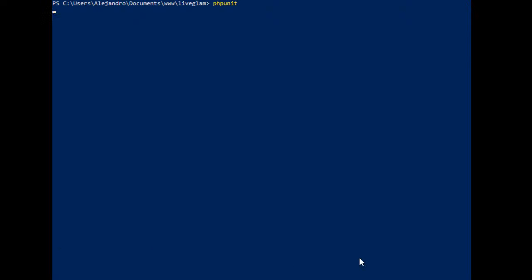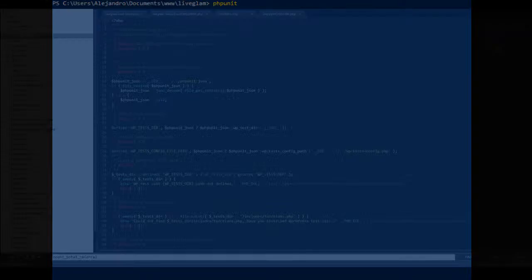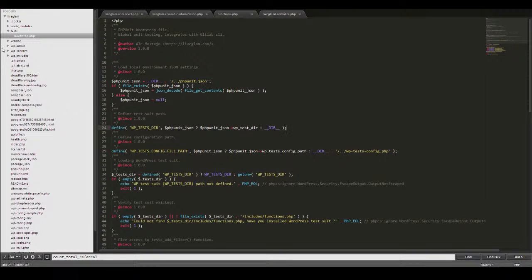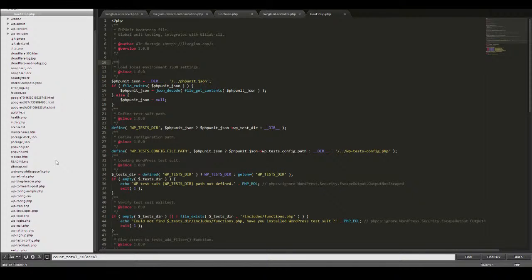So how will this work? If we go to the code, you will see that there is a new tests folder on the root of the project, and there's a bootstrap file here. And the bootstrap file is the one that loads which projects we should include in the unit testing. Well, actually, there are two files that we need to consider. The first file we need to consider is the following. We need to see on the root there's a file called